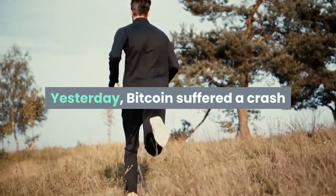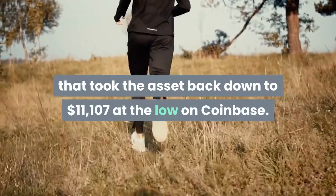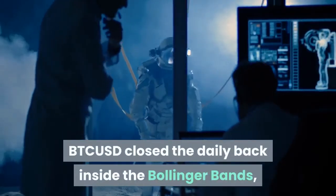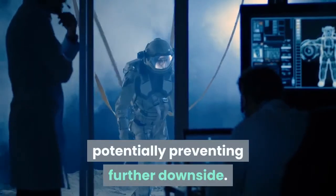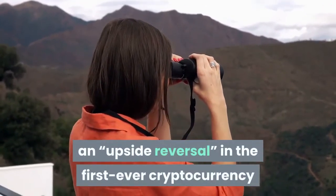Yesterday, Bitcoin suffered a crash that took the asset back down to $11,107 at the low on Coinbase. After a small rebound leaving a wick behind, BTC/USD closed the daily back inside the Bollinger Bands, potentially preventing further downside. It has the indicator's creator on the lookout for an upside reversal in the first ever cryptocurrency before initiating